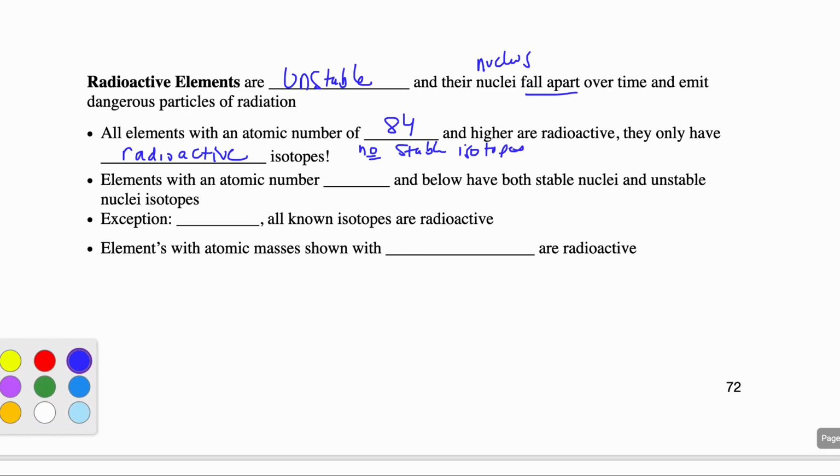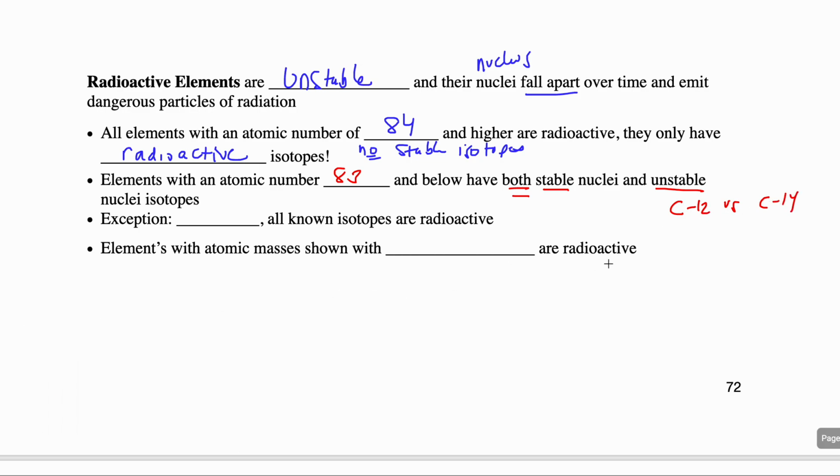Elements with an atomic number of 83 and below have both stable and unstable nuclei. So a great example of this would be carbon 12 versus carbon 14. Carbon 12 is stable. It has a 1-to-1 proton to neutron ratio, where carbon 14 is unstable,